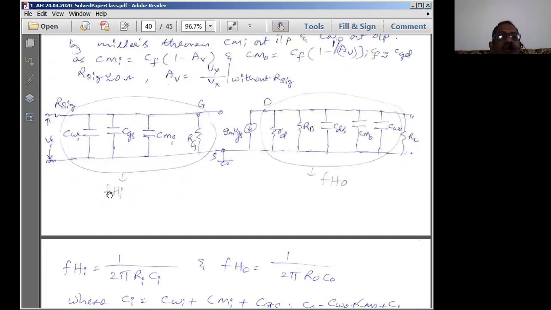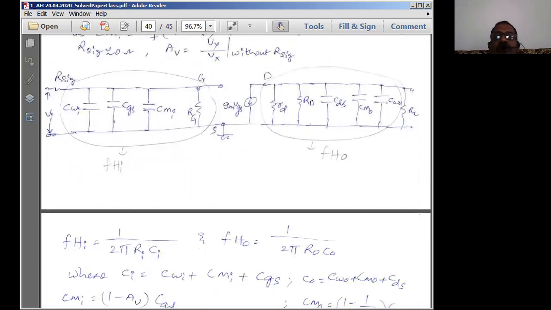So this is the higher cutoff frequency at the input side. This is going to be the equivalent circuit for the lower cutoff frequency. Higher cutoff frequency at the output side. So these are the two equivalent circuits at the input side and output side. From these two equivalent circuits, we normally get the higher cutoff frequency from the input side,